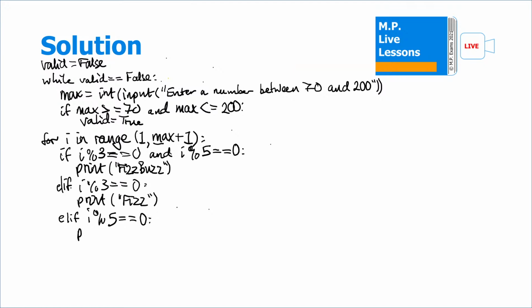If it's just a multiple of 5, we print out buzz, then else. And so it's not a multiple of both. If it's not a multiple of 3, it's not a multiple of 5. It's not a multiple of any of them, so we just print out i. And in the end, what we should get is something like 1, 2, then fizz,